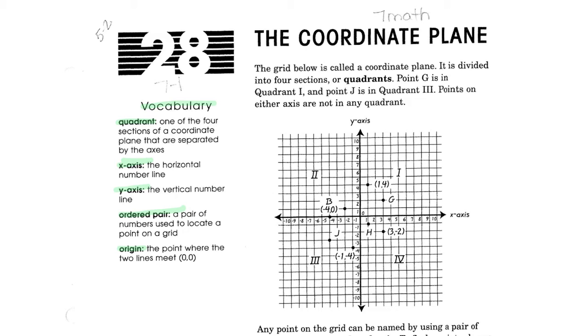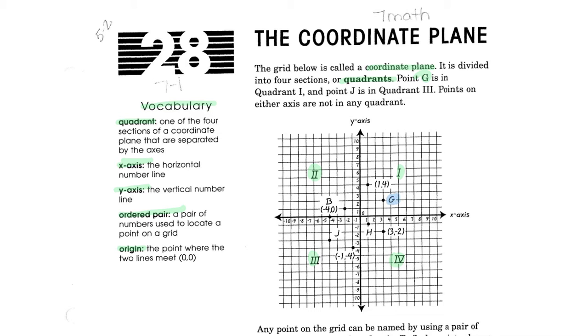All right, the grid below is called a coordinate plane. It is divided into 4 sections or quadrants. Point G is in quadrant 1 and point J is in quadrant 3. Points on either axis are not in any quadrant. Notice here is quadrant 1, here's quadrant 2, quadrant 3, quadrant 4. Here is